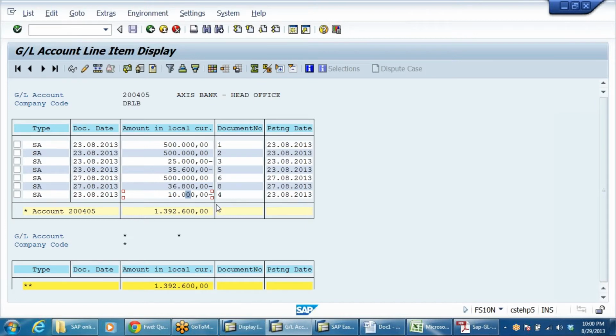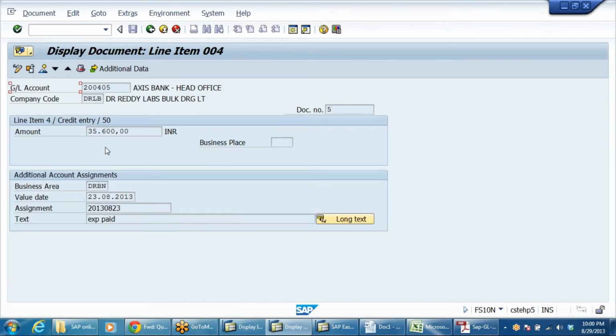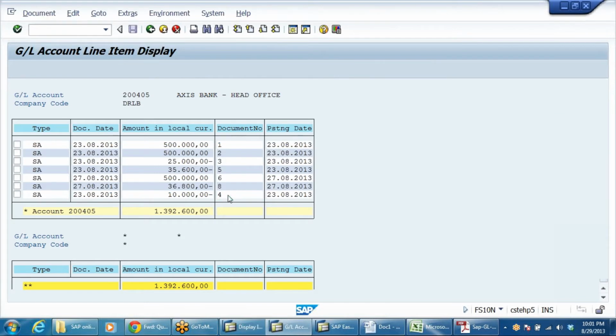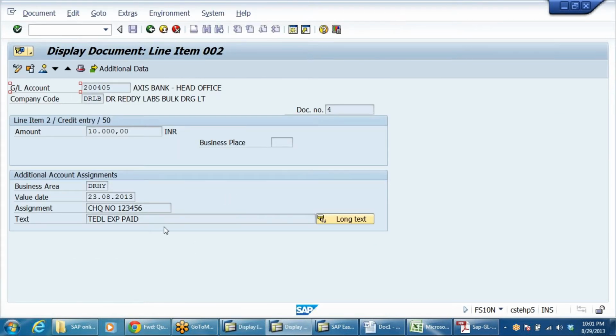Only this entry, 27, came at the end. What is the reason? 28/12. 23/8. Maybe the time of amendment was later. Yeah, you're right. This is the document where we made the amendment. We changed it. Maybe because of that it is showing like this.